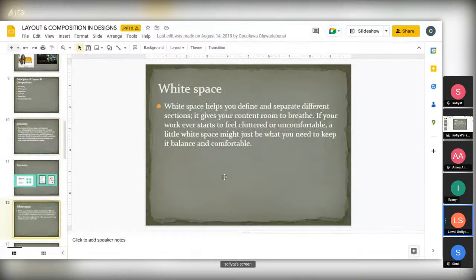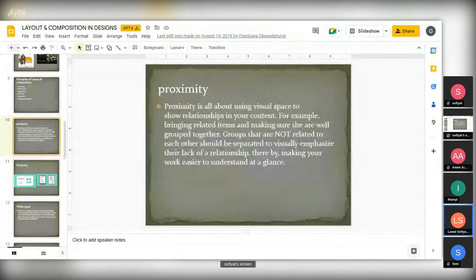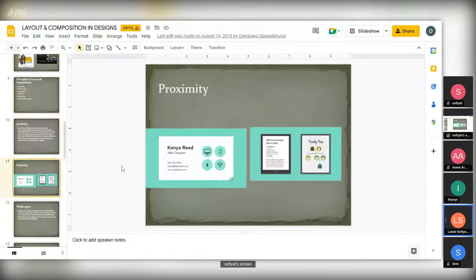This example here is saying that this name is the Kenya Rift, followed by what the person is, that's the web designer.